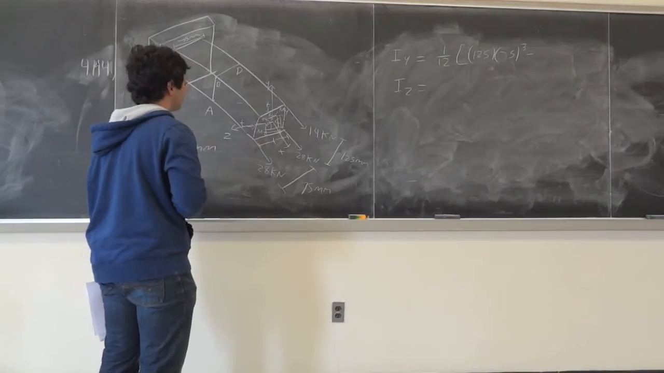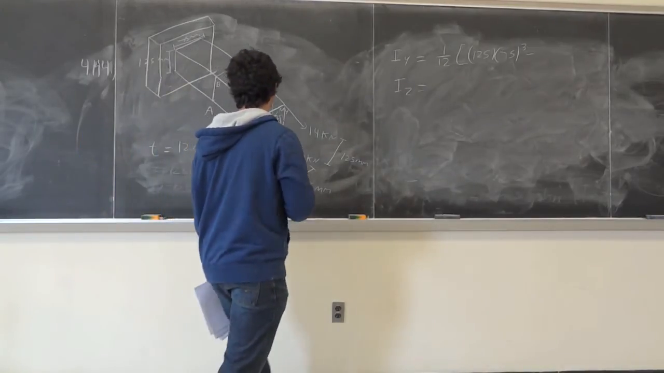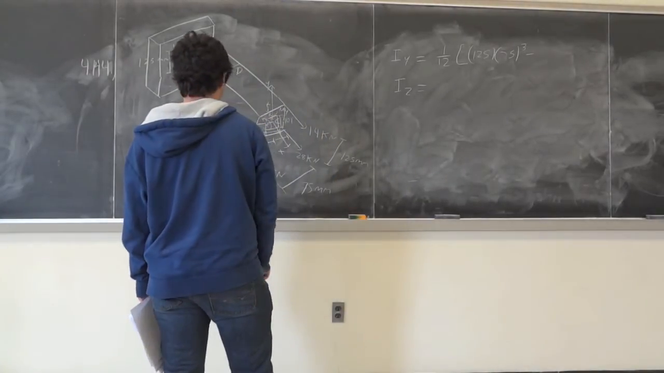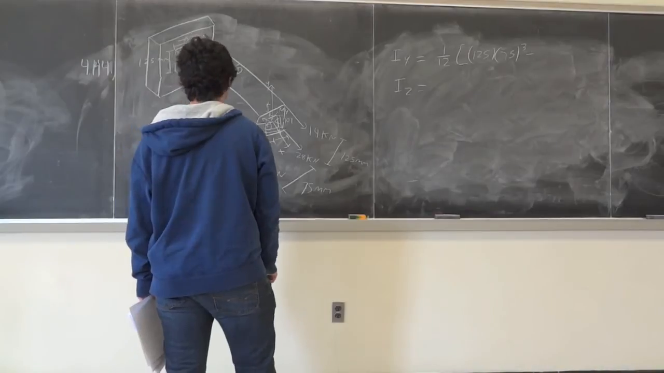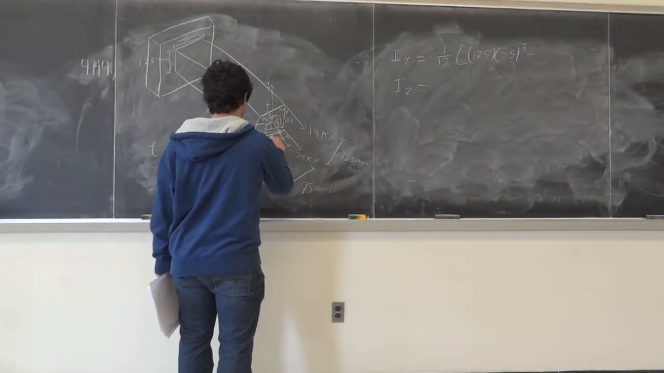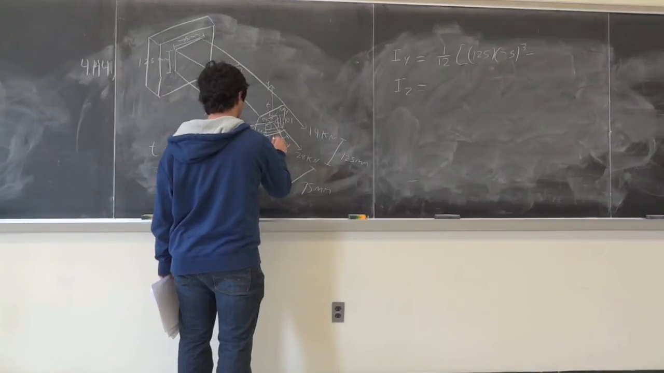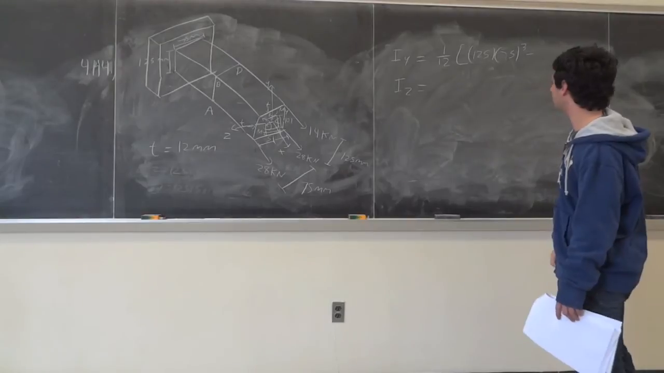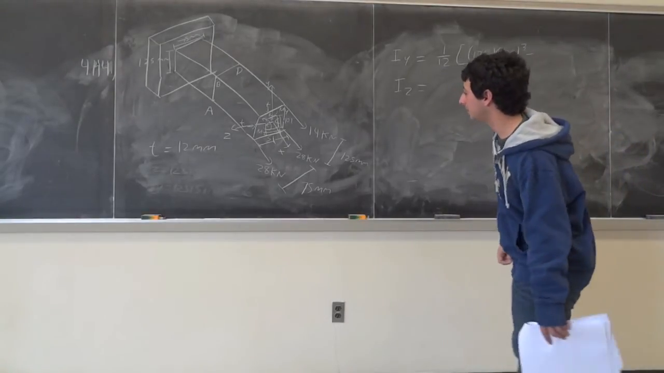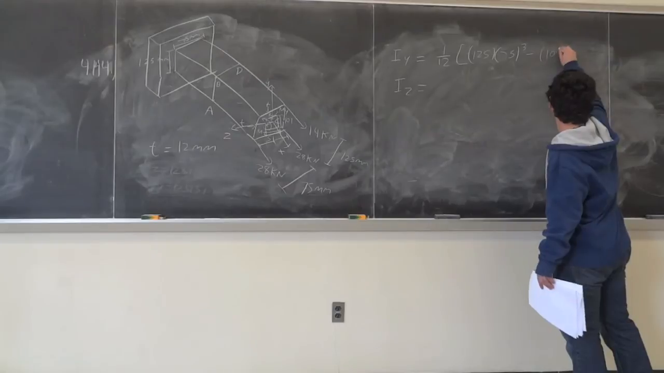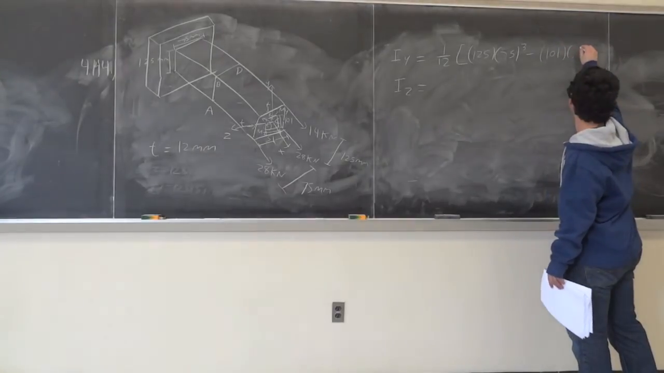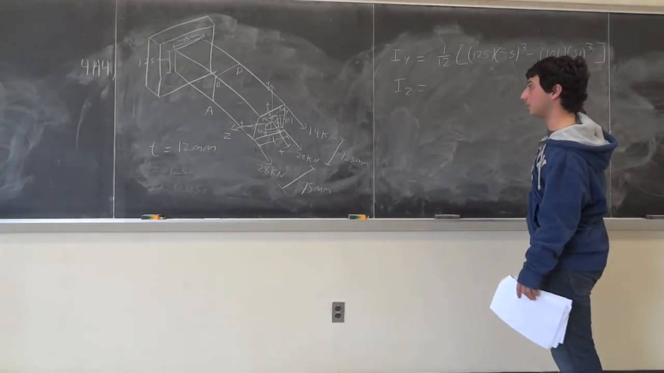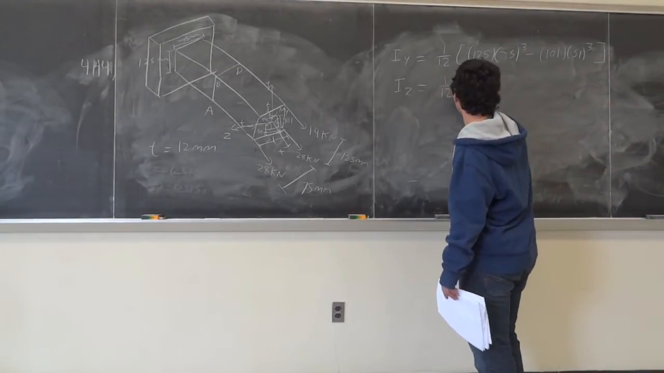It's 125 minus 24, so it's 101. This is 101, and this distance is 75 minus 24. What is that? That's 51, right? Okay, so subtract it out. You have 101 multiplied by 51 cubed. Okay, so that's your total moment of inertia around the y-axis, and around the z-axis is